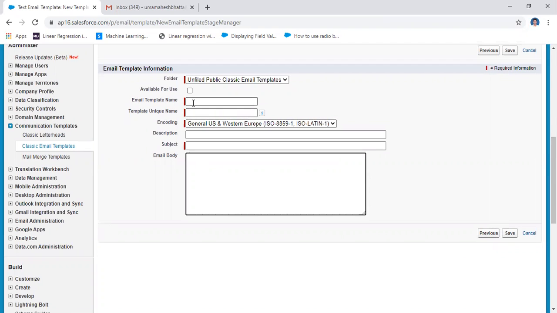For the email template name, for example, emp_email, employee email, and then the description, you may write any description. Then write "Dear Sir or Madam," and under this you need to write something. For example, "I, a person name."